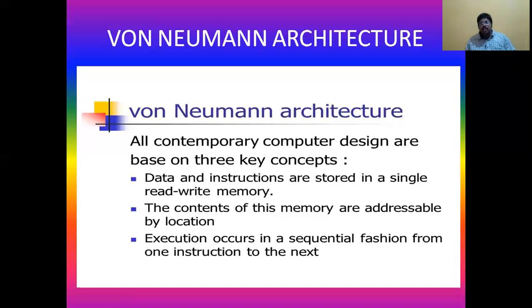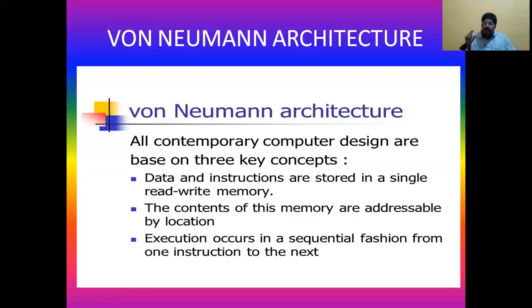Okay. So here von Neumann architecture means data and instructions are stored in a single read-write memory. Read-writable memory means it is RAM, random access memory, not ROM, read-only memory. It is a RAM, where you can store and retrieve whenever required. This consists of memory addressable by location. Execution occurs in a sequential fashion from one instruction to the next. Here you can see this one. Here execution will occur one by one because there are no